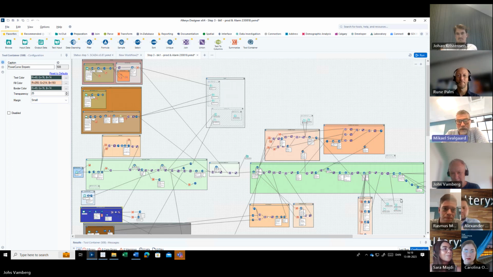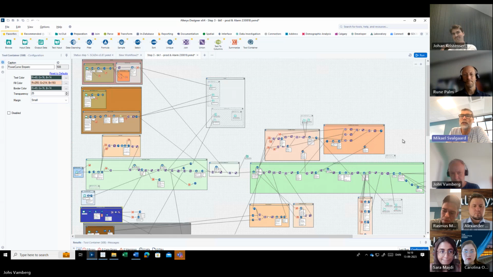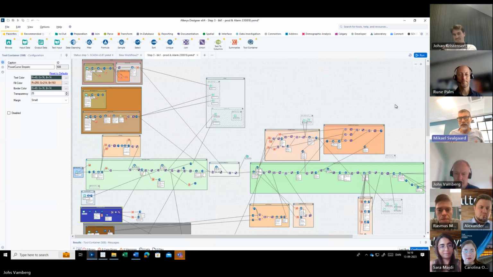I can say one comment. I agree with what Rune said about the fact that this is a very large workflow, zoomed a lot out right here. And of course, the list runner enables you to chop things up and have intermediate steps. The problem with that is that you can't zoom out and see the whole picture. You can't see the whole tree here. So this is actually a quite nice feature of having everything connected. There are pros and cons to each.